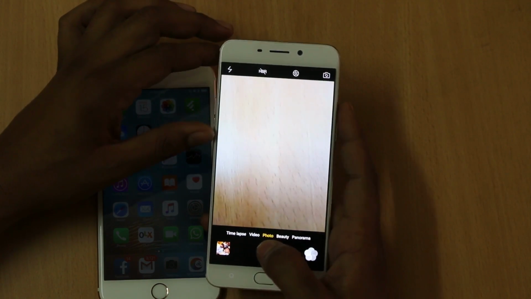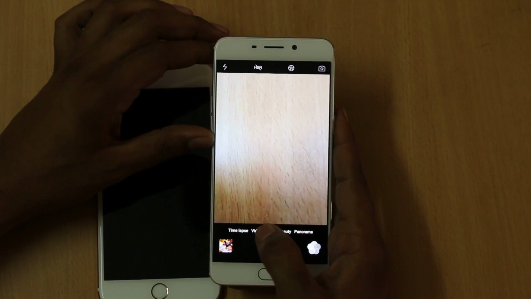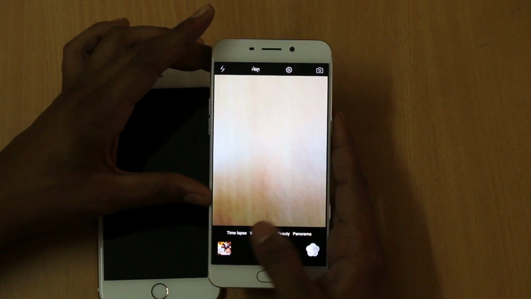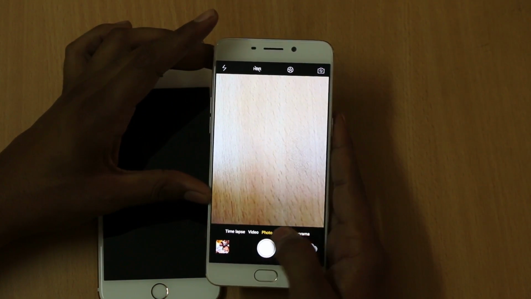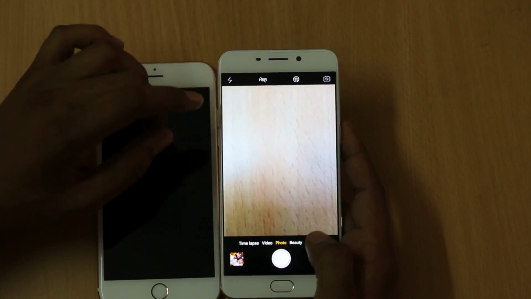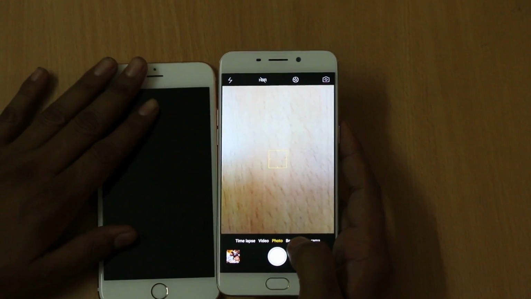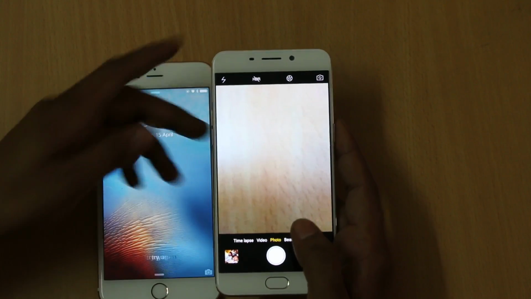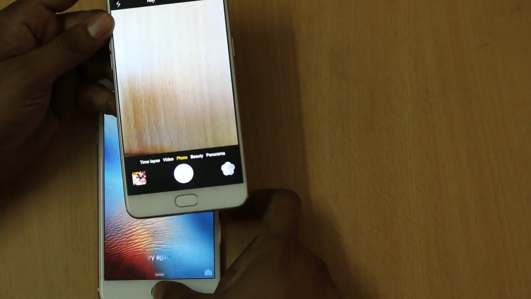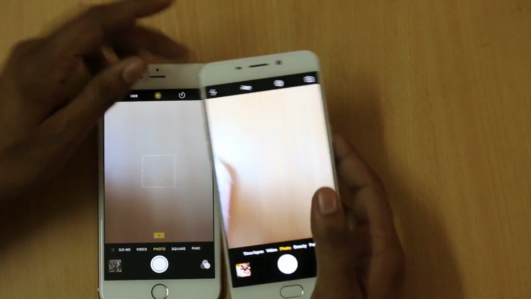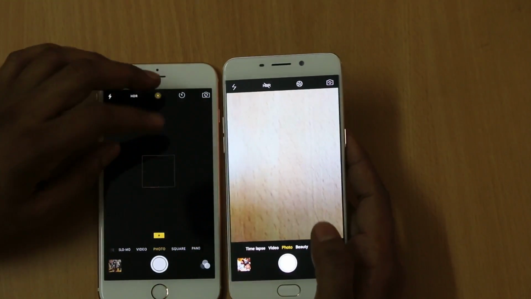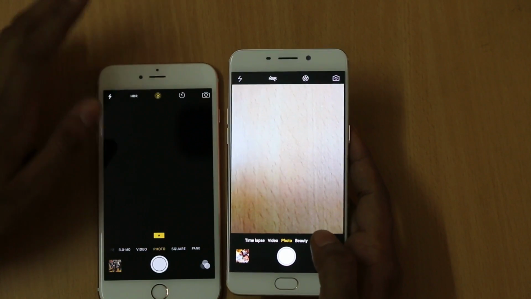And above the camera button you will find a few features like the iPhone 6s Plus: time lapse, video, photo, beauty and panorama. When you look at it, there is no beauty feature available on the iPhone 6s Plus, and in this you have a better edge over the iPhone 6s Plus.